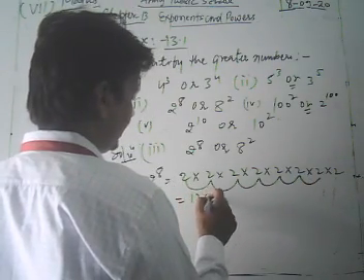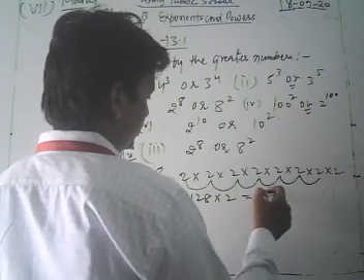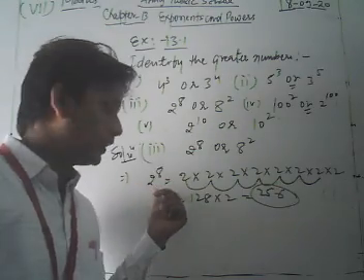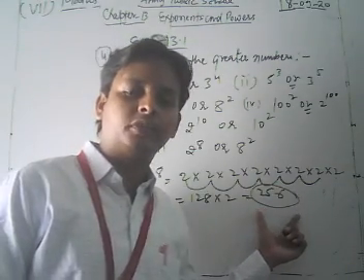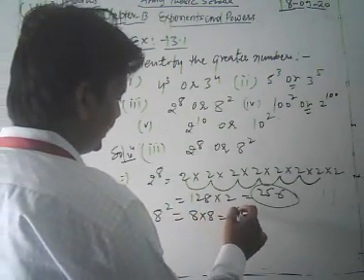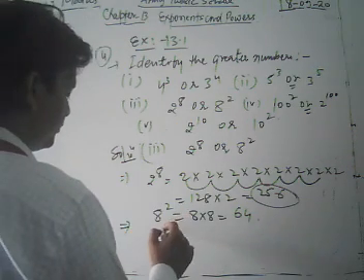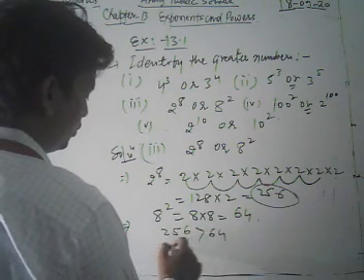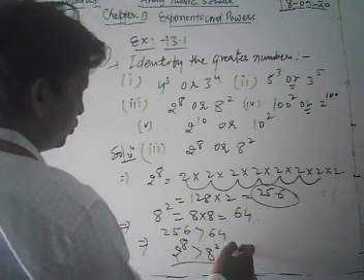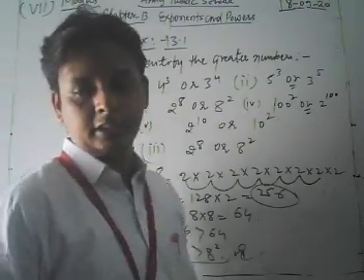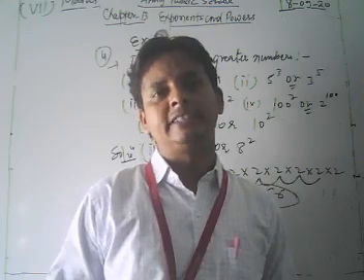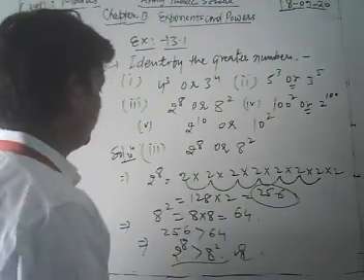So 128 multiplied by 2 is 256. So if we expand 2 to the power 8, we get 256. Now we take 8 square. The value of 8 square is 8 into 8, and 8 8s are 64. Now look here, 256 is greater than 64. Thus we can say that 2 to the power 8 is greater than 8 to the power 2. So this is our final answer. Thus dear students, in this way you can compare two numbers written in exponent form. Now we solve the next part of this question.